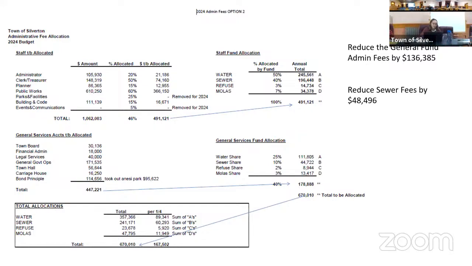Removing Parks and Rec and Benson Communication and taking it out of Anisi Park would reduce the general fund admin fees by $136,000. So that might be a big chunk in our ending fund balance.